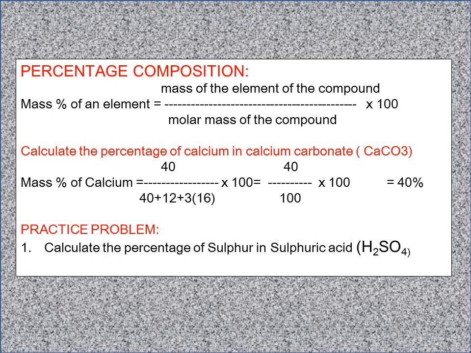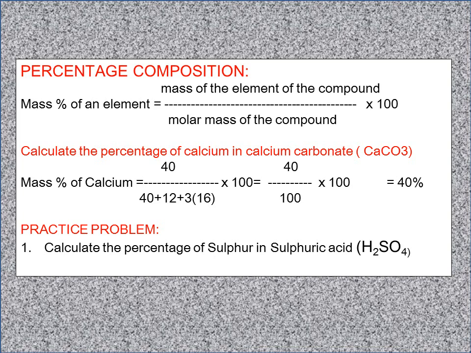In order to find out the formula of a compound, first of all we must know the purity of the compound. If we are analyzing any compound, we need to know the purity. For that we need to know the percentage composition of each element present in that compound. How will you find out percentage of mass of an element? The formula used to calculate percentage mass of the element is mass of the element by molar mass into 100.